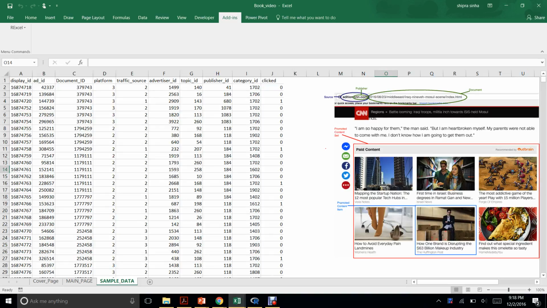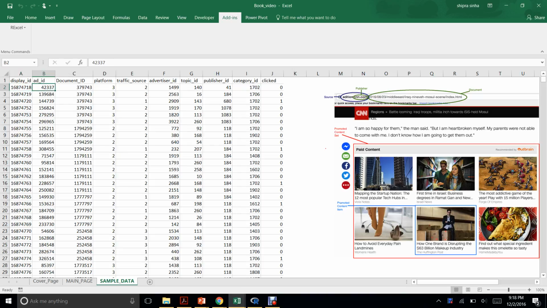Since this project is for predicting the click or no click by a user for a particular ad, the attributes are the browsing behavior of a user and the ad features. Display ID is an ID of a collection of ads which is given to a particular user according to their browsing behavior.